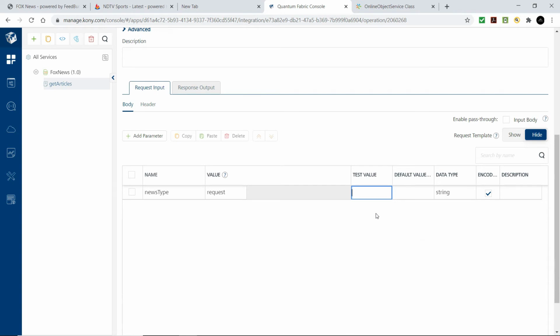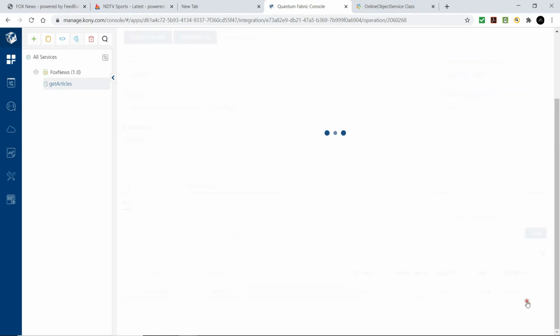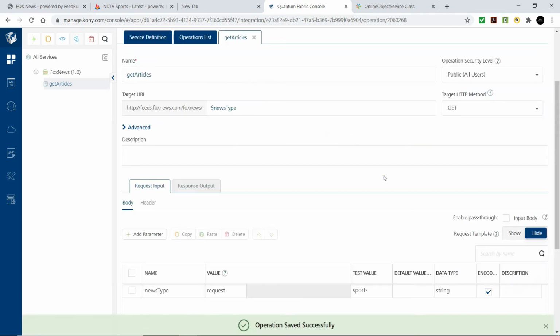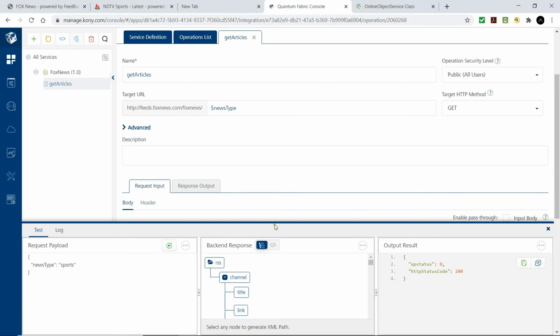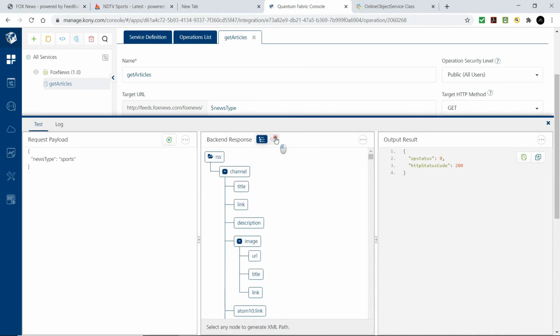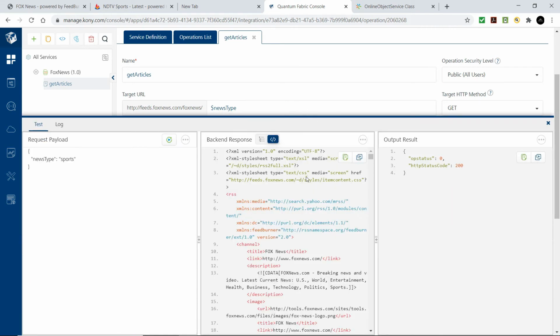Let's fetch the news for the sports category. This is how the backend response looks like for the Fox News. Let's extract the news title, published date, and the description of each news article.